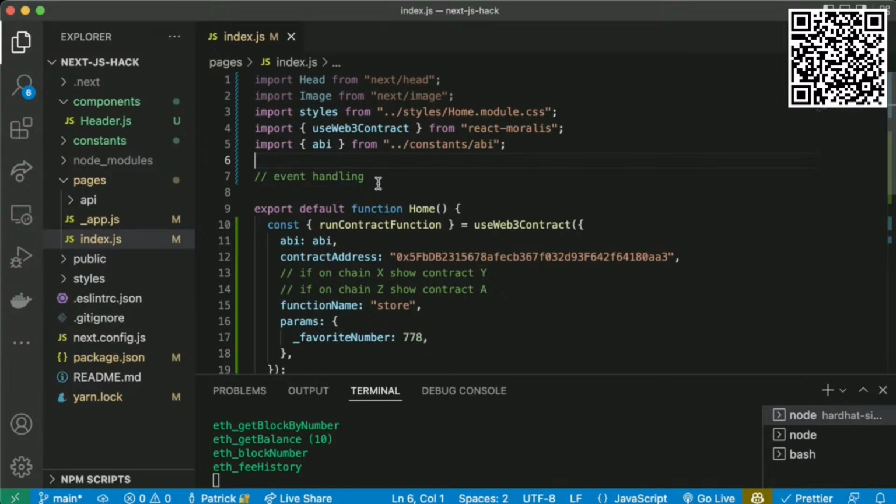Moralis does it by listening to a contract and listening for those events to be emitted. This would be a centralized version of event handling. I'm not going to show you how to do it because that's a much longer conversation. It listens to those events and stores them in a centralized database. Then later on, if you want to run some complex query, you just call your Moralis database and boom, you're good to go.